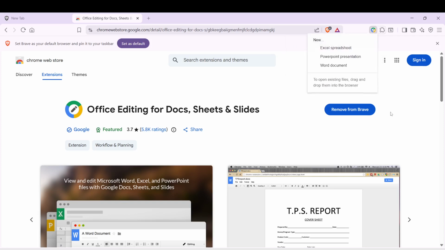Remember, adding extensions is a way to customize your browser for your unique needs. Be mindful of how many you add, as too many can slow down your browser. It's all about finding the right balance that works for you. With that ready, you've completed the process of adding add-ons in Brave browser. Feel free to explore and experiment with different extensions. They can make tasks more efficient, improve security, or simply add a dash of fun to your browsing.